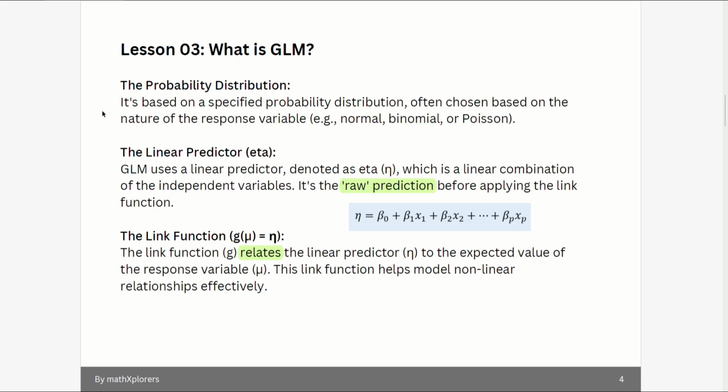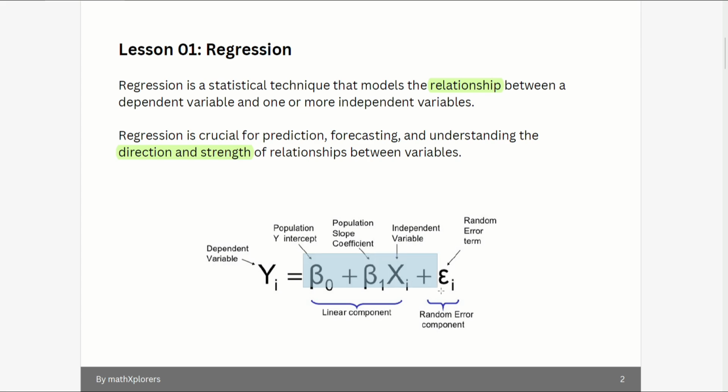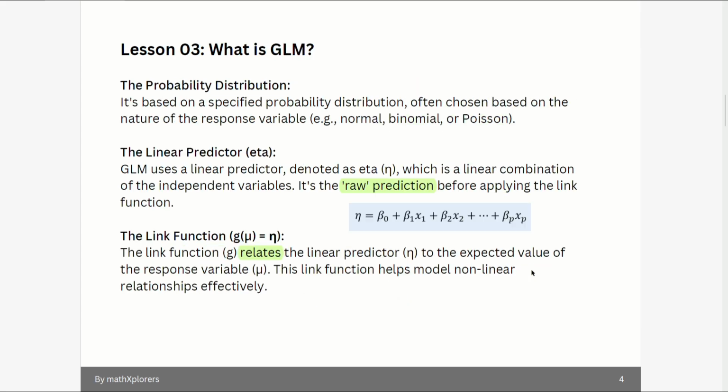So there are three components of a GLM regression model: the probability distribution, the linear predictor, and the link function. Let's look into these one by one. Firstly, when you receive the data, you are tasked with identifying the distribution your data follows, which is our first component. The second component, the linear predictor, is named eta, and it is basically the right-hand side of the regression equation. When I say right-hand side of the regression equation, it refers to the x variables and their coefficients. Our third component, the link function, transforms the y variable and maps it with the linear predictors. The function acts as a link between the y and the x variables.